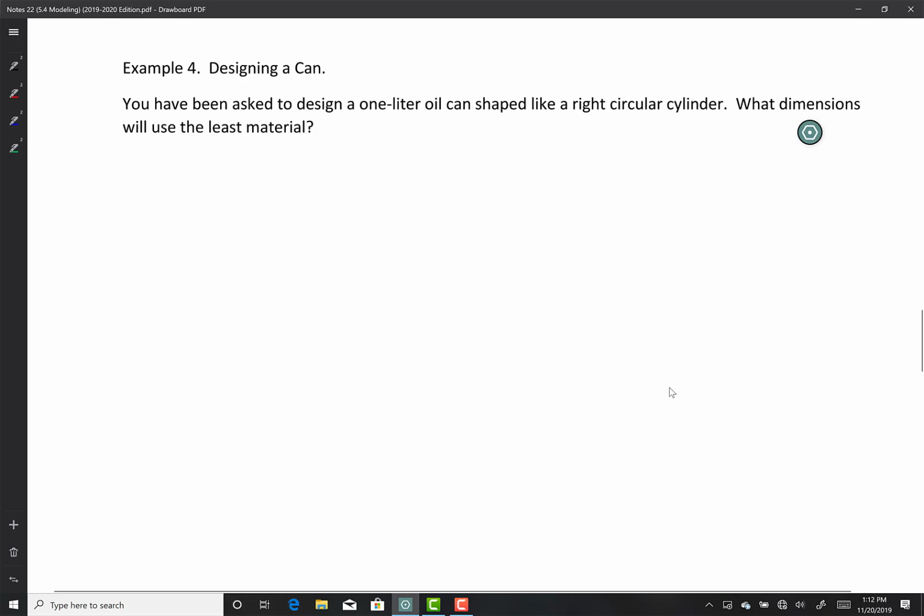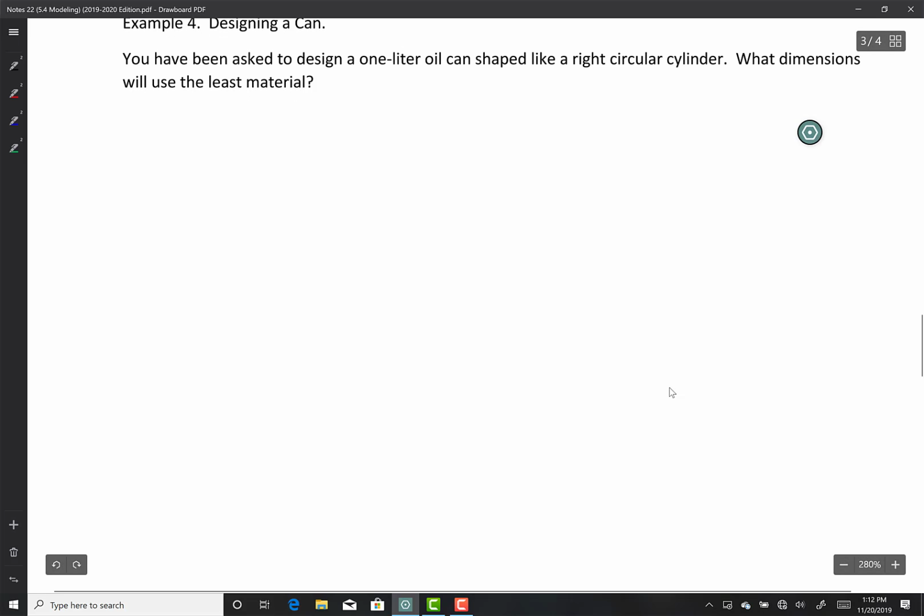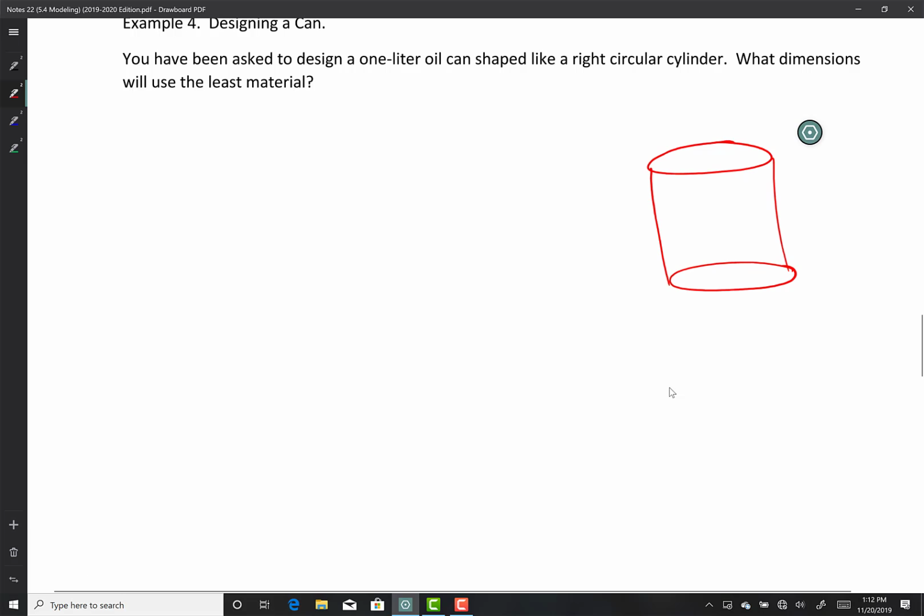So here we're going to design. It says you have been asked to design a 1 liter oil can shaped like a right circular cylinder. Oil cans don't look like right circular cylinders. But if we're going to make one that uses the least material, what dimensions use the least material? All right, before we start, guys,